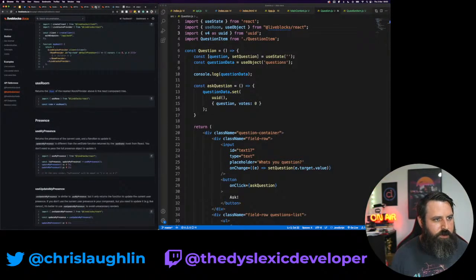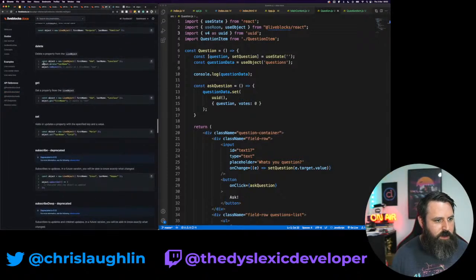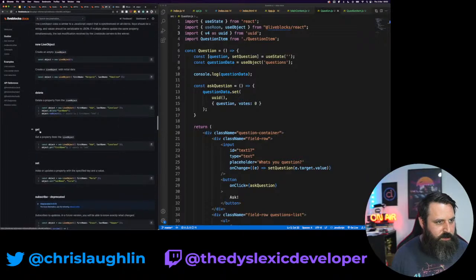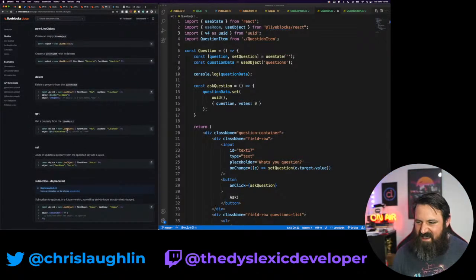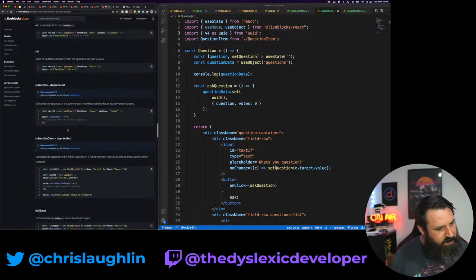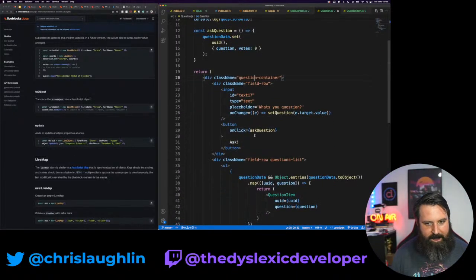Our use object returns a live object, and I have it on a tab somewhere. Set. Is there an update on our live object? I guess I could just reset what it is. Update. Adds or updates multiple properties at once. So that's what we could use. So we can use the update on our object.